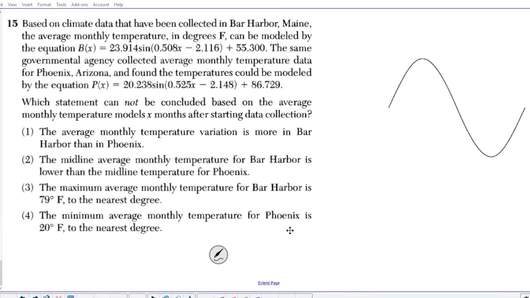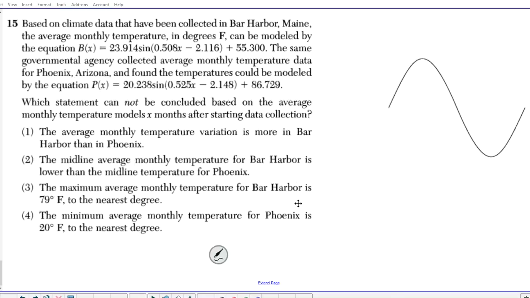Alright, let's take a look at question number 15. It reads, based on climate data that have been collected in Bar Harbor, Maine, the average monthly temperature in degrees Fahrenheit can be modeled by the equation B of x equals 23.914 sine 0.508x minus 2.116 plus 55.300. The same governmental agency collected average monthly temperature data for Phoenix, Arizona, and found the temperature could